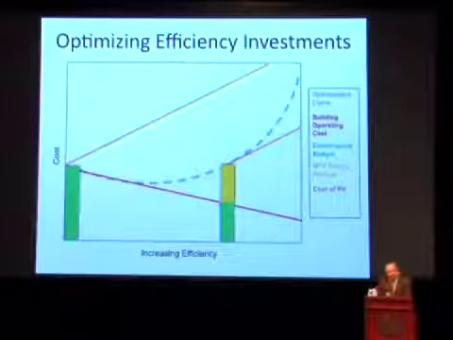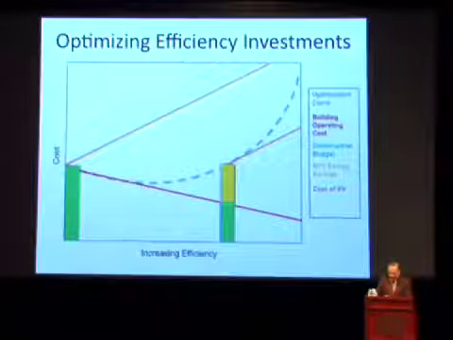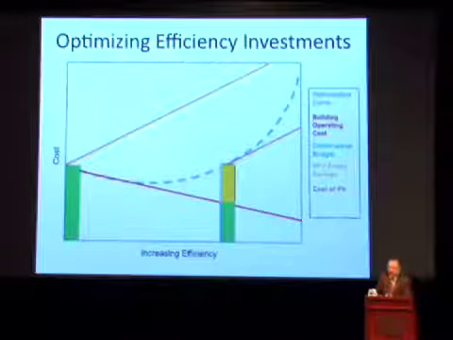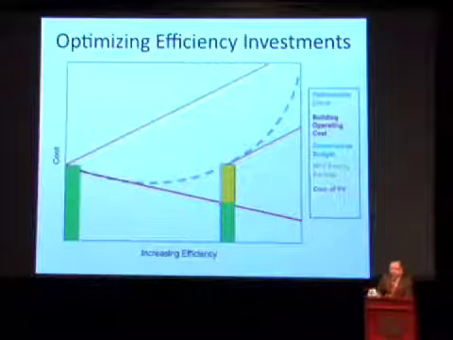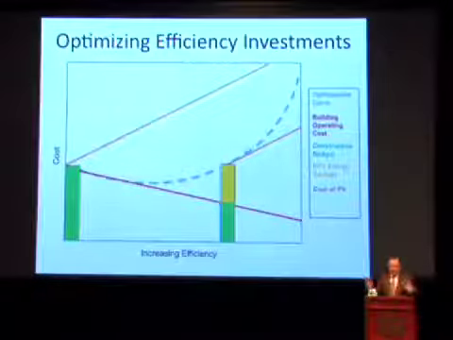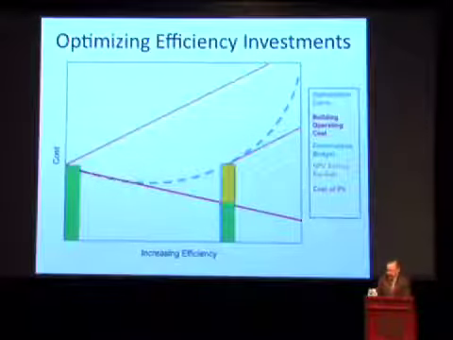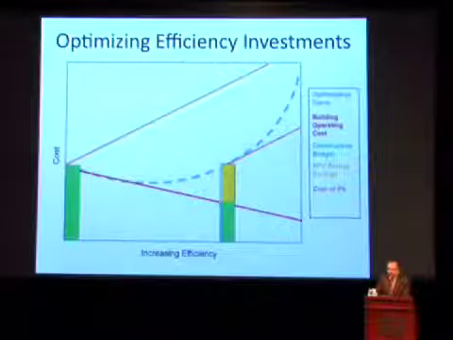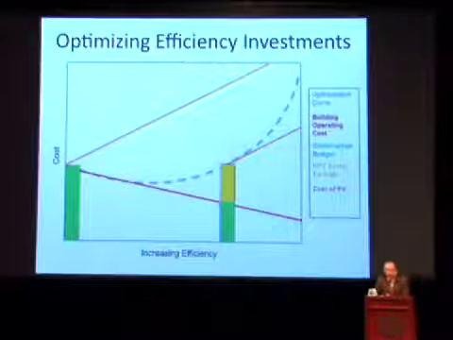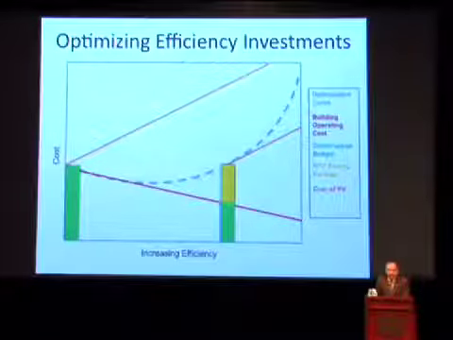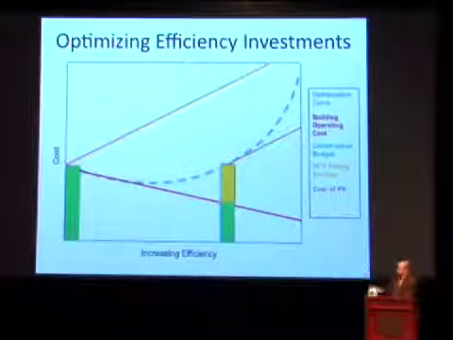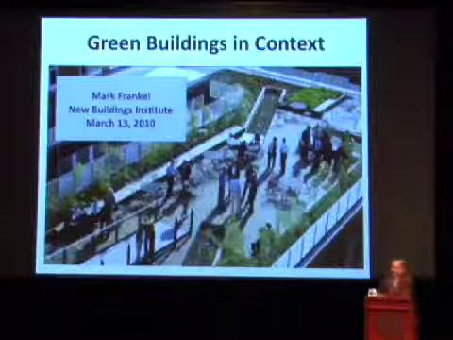And a study by the McKinsey Corporation recently suggested that energy efficiency is the most cost-effective new generation resource in the country. It's been suggested over and over and over again, and that we could reduce our building sector energy use by 25% and make a profit doing it in the next 15 or 20 years. Okay, so this is a huge opportunity. And I think that is all I have to say.